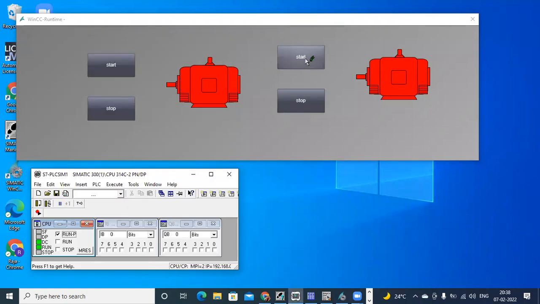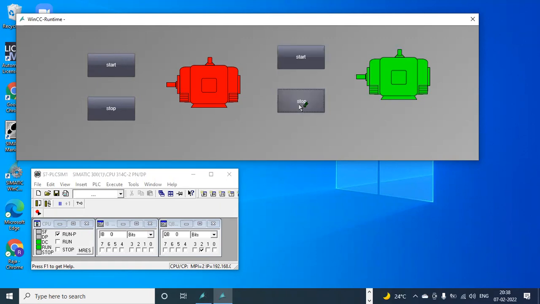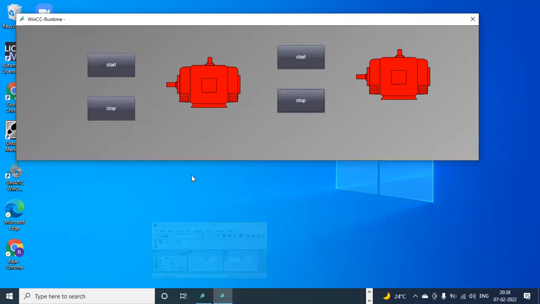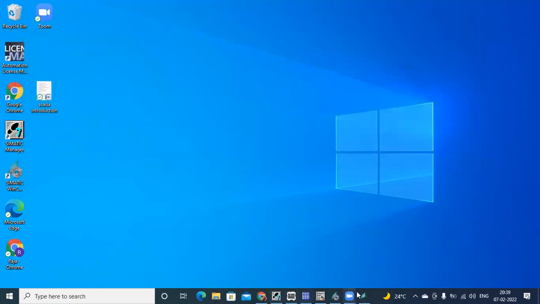When I give the start here, you can see this address Q 0.2, bit number 2, is on. When I give stop, immediately this goes off, and here it is updating after 2 seconds. So this is how we can directly write into the output from SCADA. This is another method.